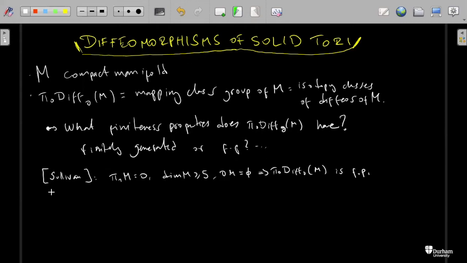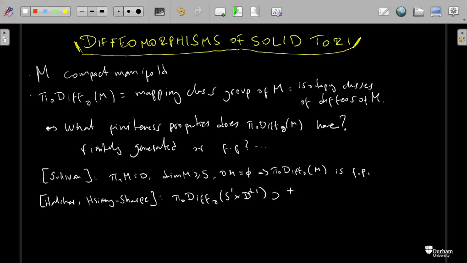But then as soon as you drop the finiteness of the fundamental group, you allow infinite fundamental groups, then bad things start happening. And this is something that was first observed by Hatcher and Sharp. Even in the simplest case, which is the solid torus, the simplest compact manifold with infinite fundamental group, they found that this mapping class group